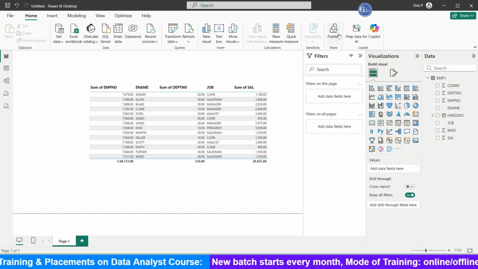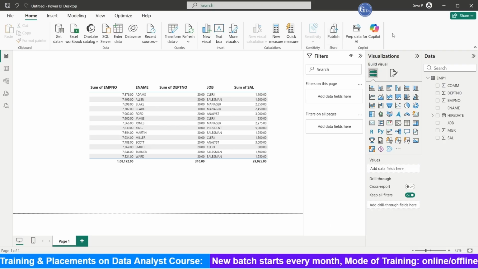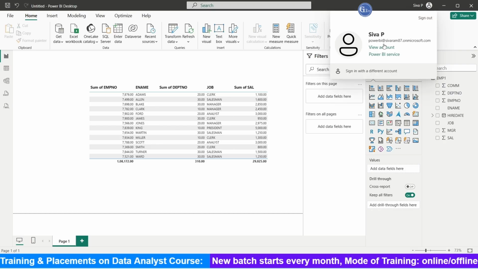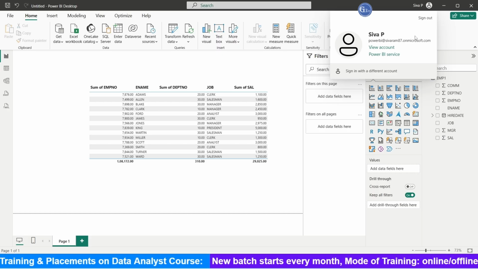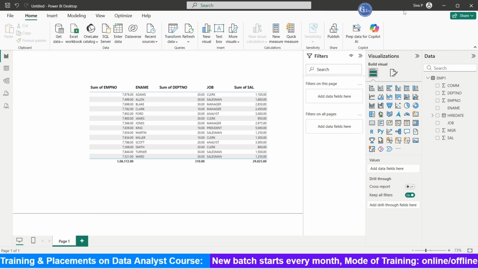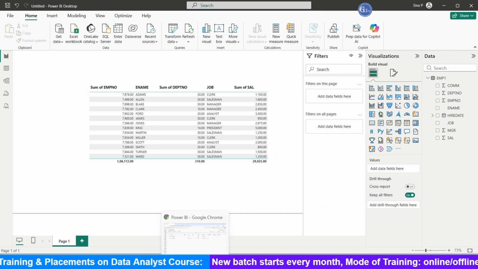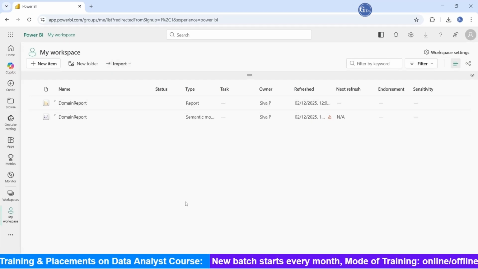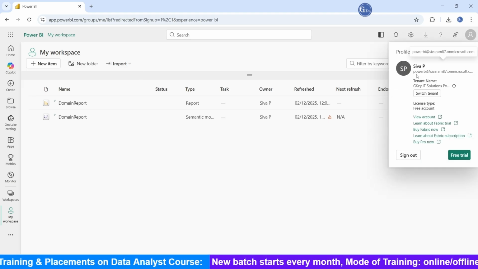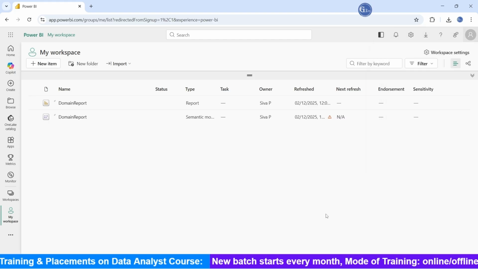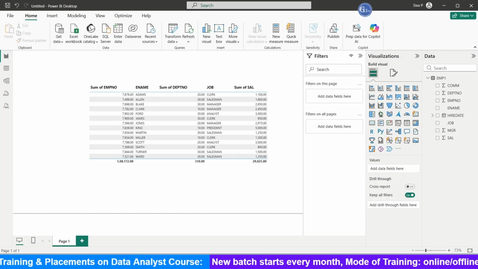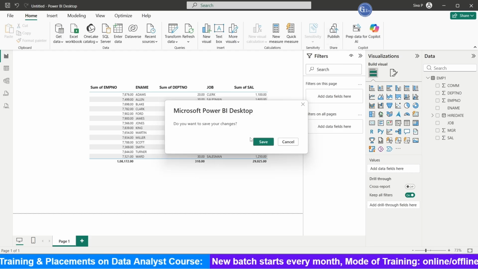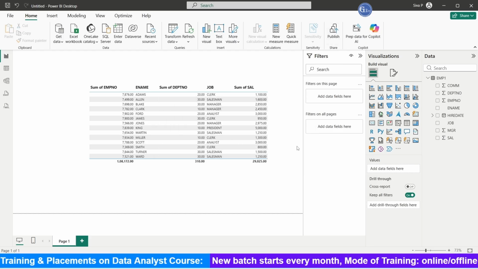Now what I'm trying to do is, we are in Power BI Desktop and we are connected with sivaram85 at outlook dot microsoft.com. This is the Power BI Desktop that I've signed into, and I have a Power BI service, which is the cloud one, connected to the same domain. If you deploy any reports from Power BI Desktop, they will be deployed in Power BI service. I'm trying to save this file,